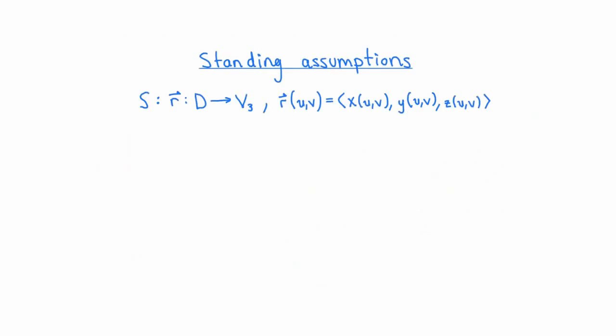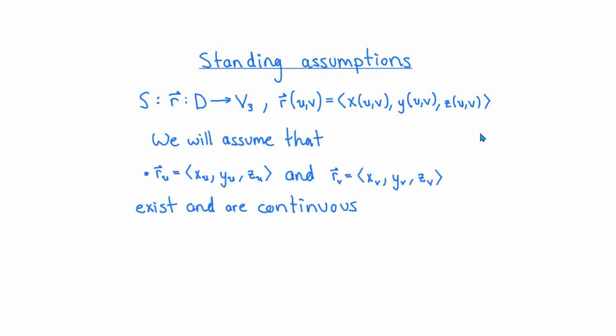Just as with parametrizations of curves, there are certain basic assumptions that we want to make about our parametrizations of surfaces. The surfaces that we're going to work with in the theorems that I'm going to show you are all going to be subsets of R3. So for the sake of stating these assumptions, I'm going to restrict to the case where my parametrization r is a map from a subset D of R2 to the space of vectors in three-dimensional Euclidean space. Let's write the components of our parametrization as x, y, and z.